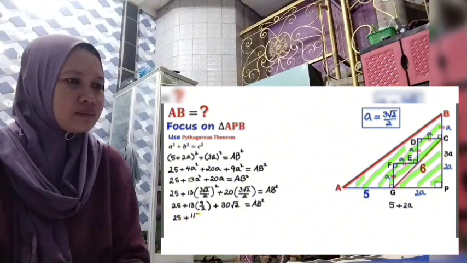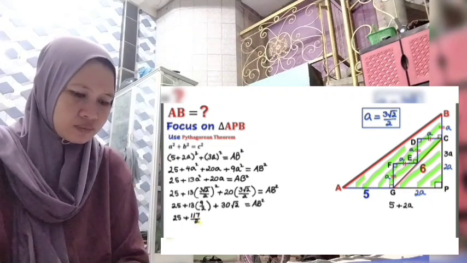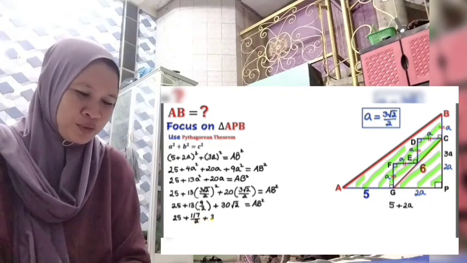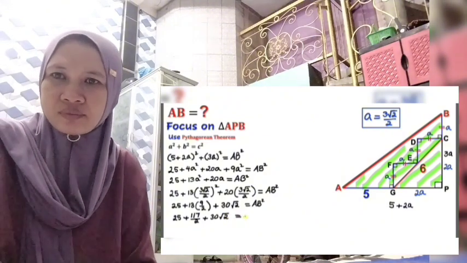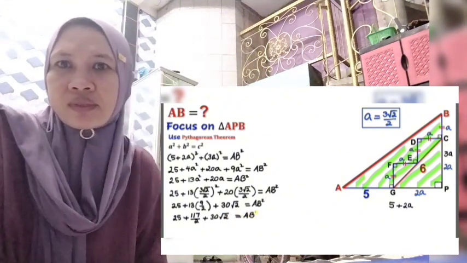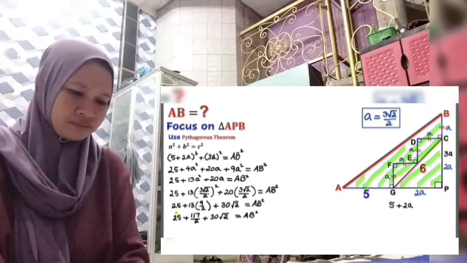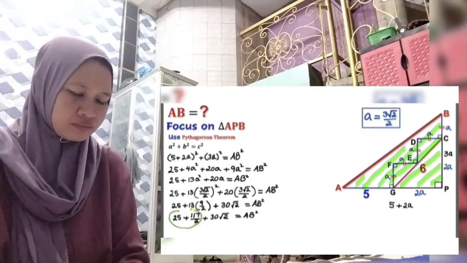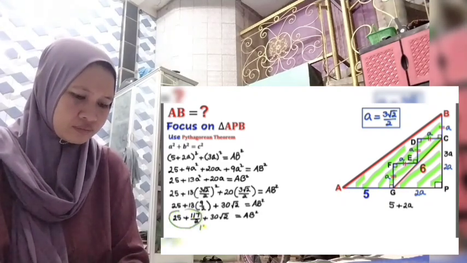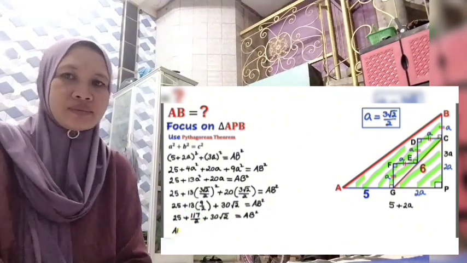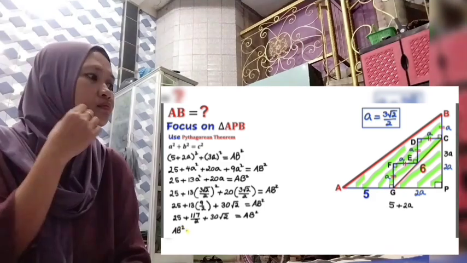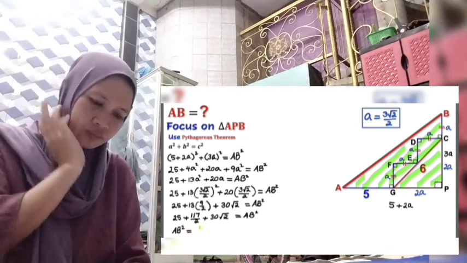So therefore, this is going to give us 25 plus, when we multiply this thing, 117 divided by 2 plus 30 times square root of 2 equals AB square. And now if we add these two terms, that is going to give us 167 divided by 2. So therefore I can write our AB square value as